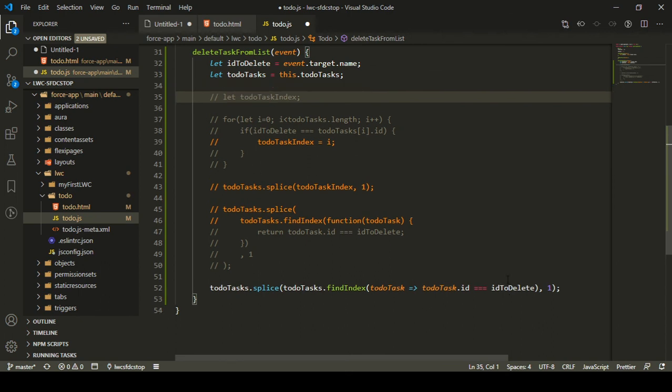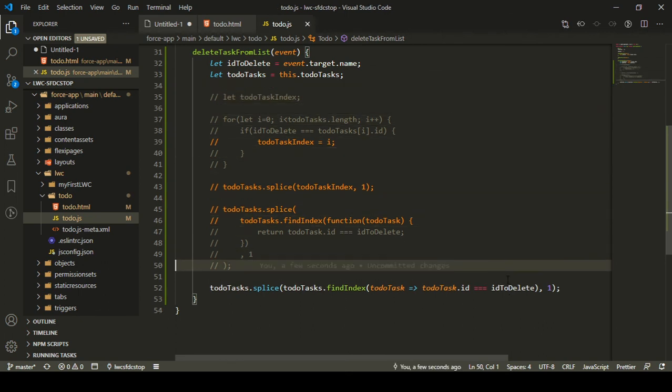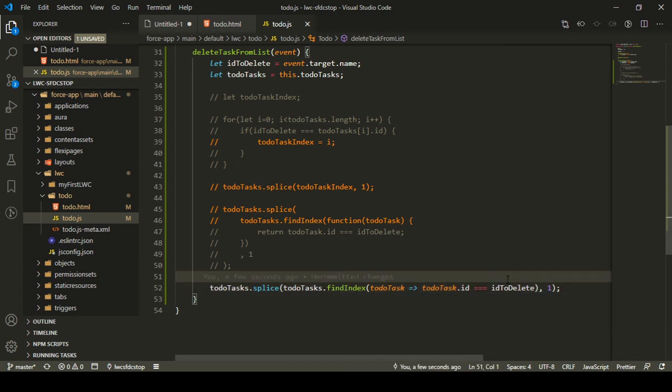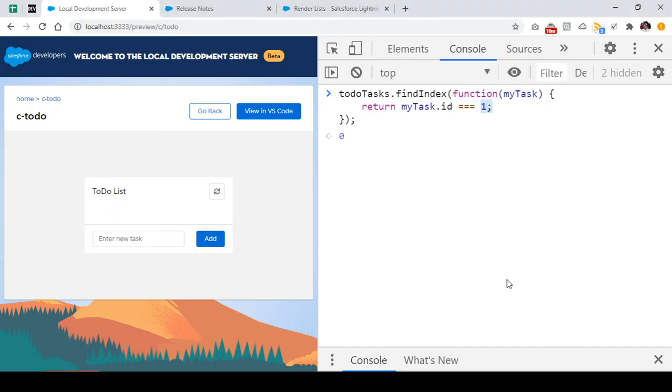So I'm able to perform all that operation by finding the index and removing the element using a single line that will actually remove the element from the list, right? Let me show you here also. First of all, the shorthand for this can be: I'll remove the function, I'll remove everything up till return, and I'll add an arrow sign there, and I'll remove this as well, and I think